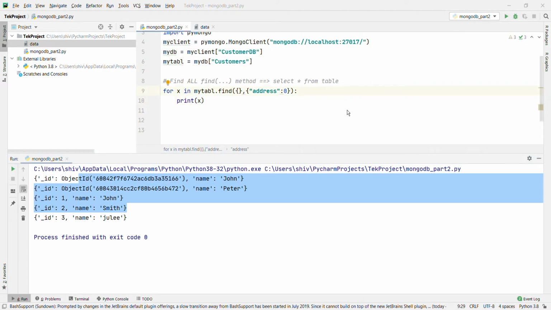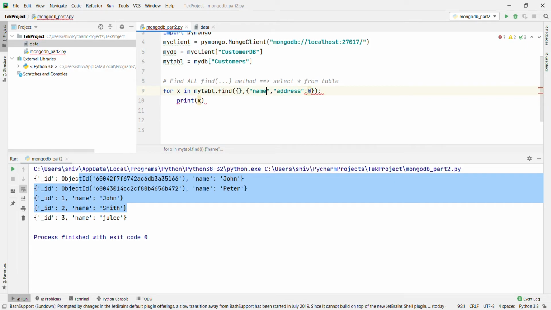Now you get an error if you specify both 0 and 1 values in the same object, except if one of the fields is the id field. What does it mean? If address is 0 and you pass name 1, what will happen when you run it?